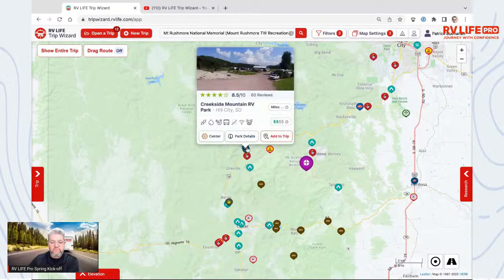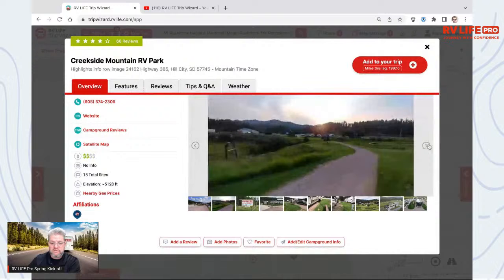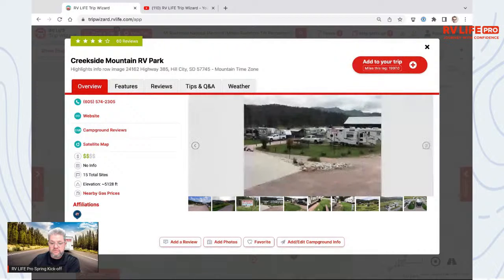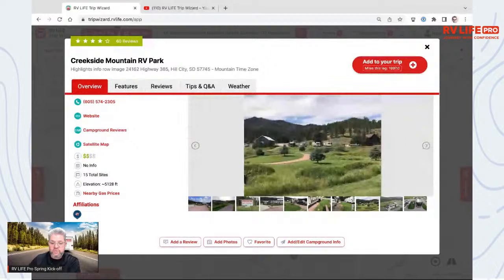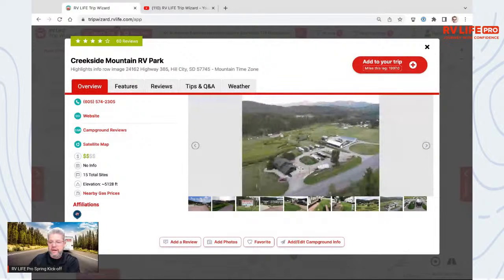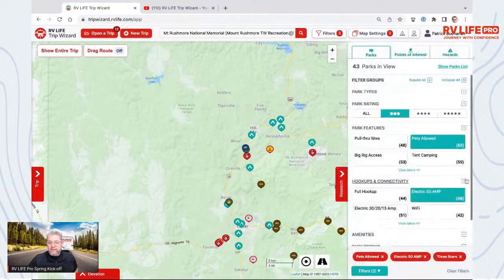Here's, that looks like a nice park, right? So no bathrooms, but I've got facilities in my rig. So I decide, you know what, this is great. Let me just look at it a little bit more, and I can actually see more pictures here. And I can make a decision if this is right for me or not, and I can do this 50 times, 100 times. I could even go in here and